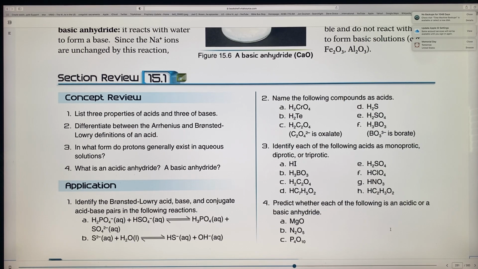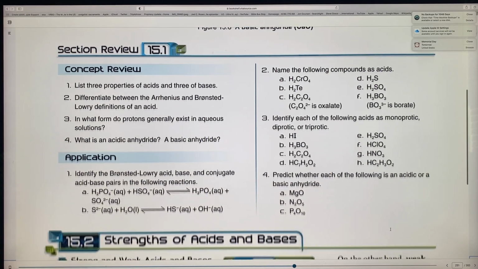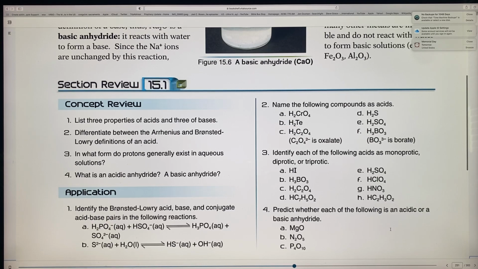I guess I didn't really put number 1 there. Basically, you can see that there are the conjugate pairs in those two. Just remember there's conjugate pairs with the acid and bases. We went over those. Name the following compounds as acids. So remember we were trying to name them. So this first one